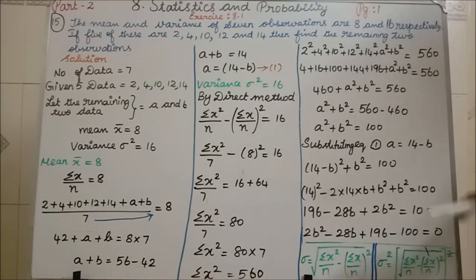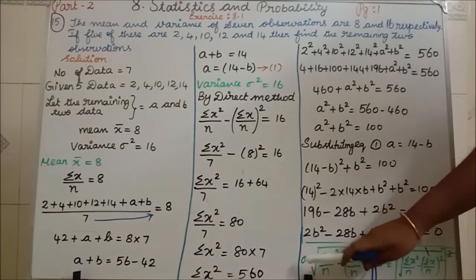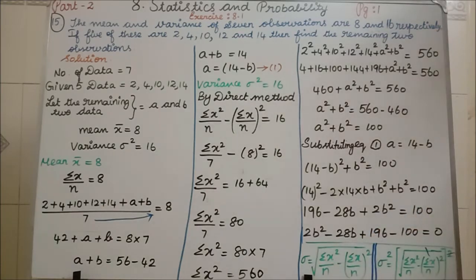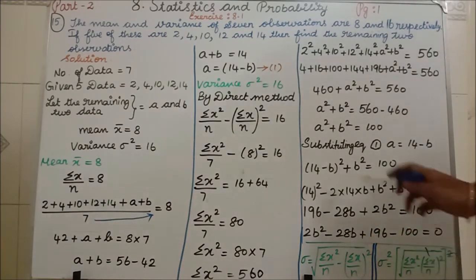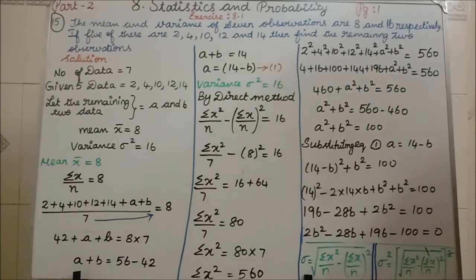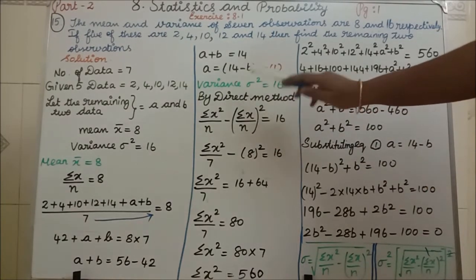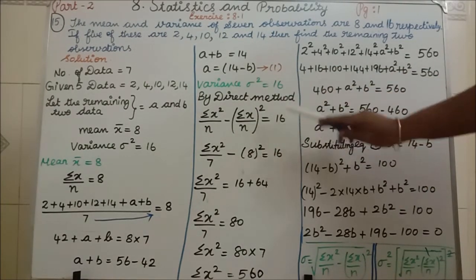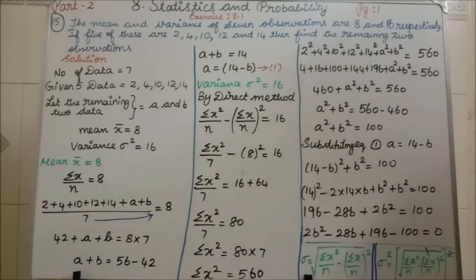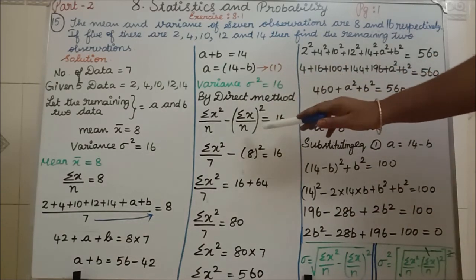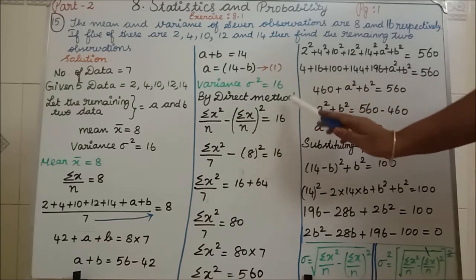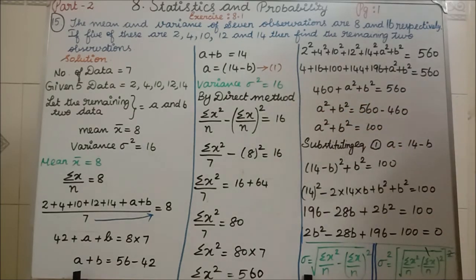This is the formula. If sigma square comes, you should not put the square root. That is the difference. Clear? If you are writing sigma square, you should not put square root. So now we come here. The formula we have is sigma square, so you should not put square root in the formula. Now summation x square by n minus summation x by n the whole square is equal to 16. Clear all of you?